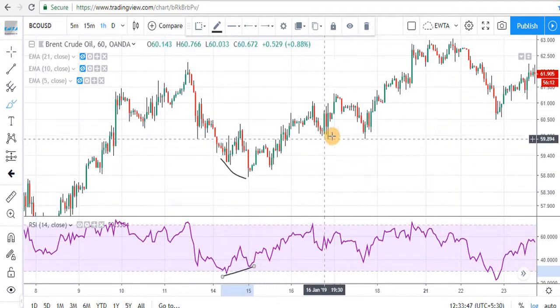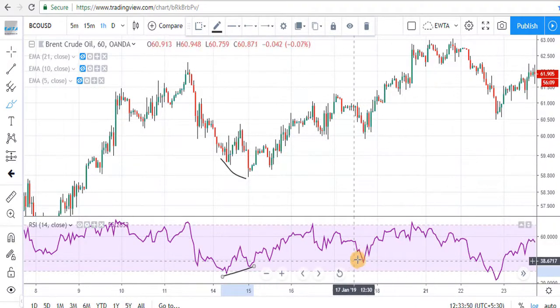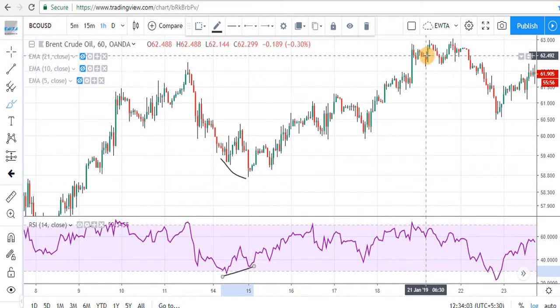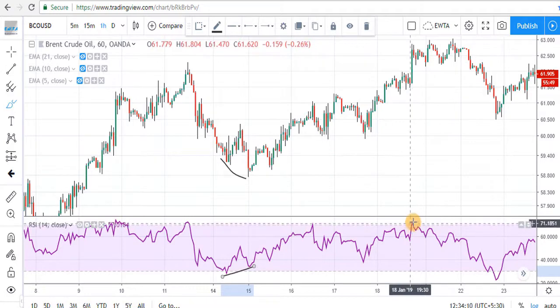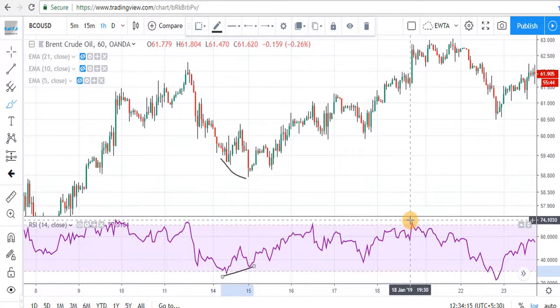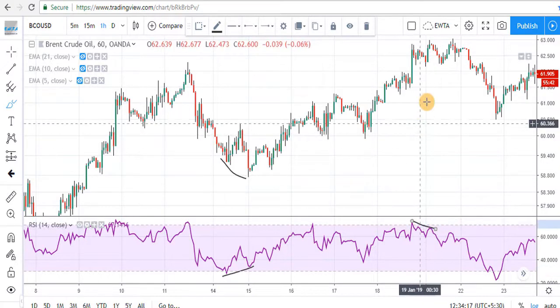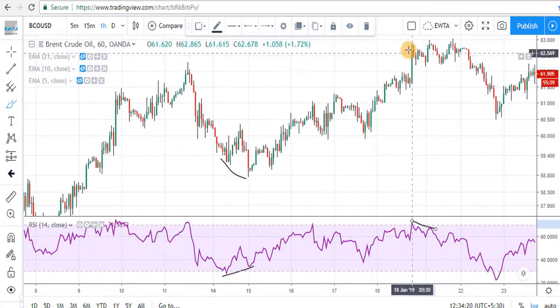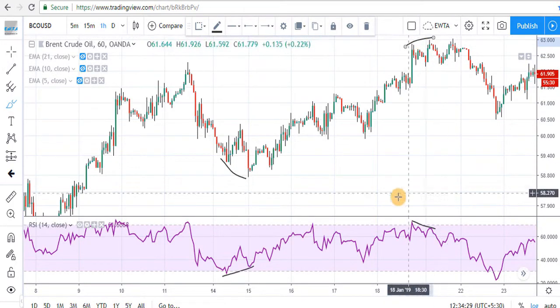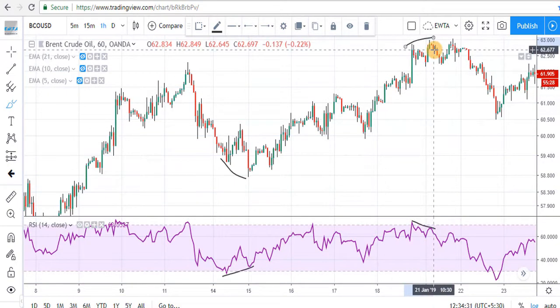Similarly, you can see prices are going in an upward direction. RSI is also going in an upward direction, but when RSI is in the overbought range, it means that prices are now overbought and we can see a consolidation in the prices. Also, we see the peaks of RSI. This is the first peak and this is the second peak. Peaks of RSI are going in a downward direction, but if we see the price action on the chart, these are the two peaks and they are going in an upward direction. So indicator and price are not in agreement and there is something wrong with the trend.